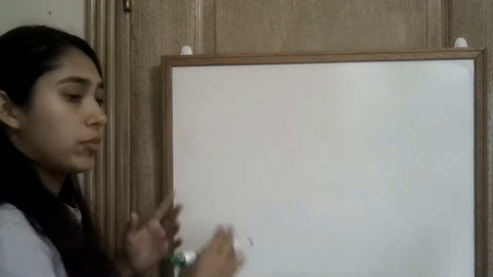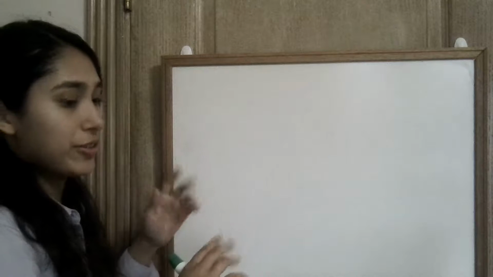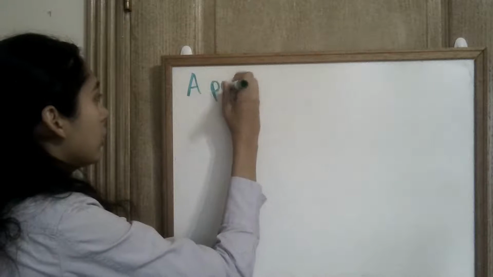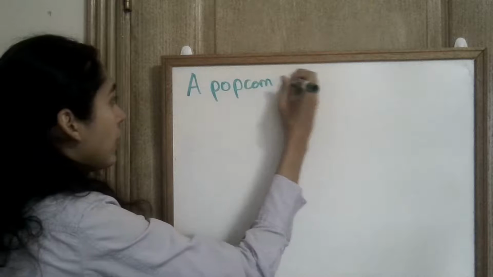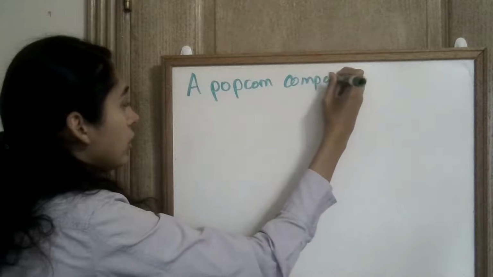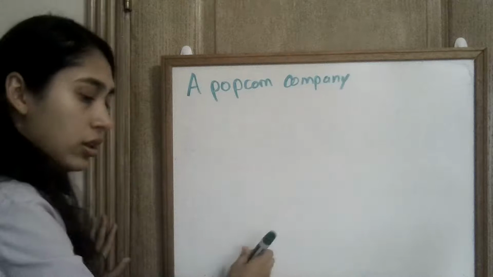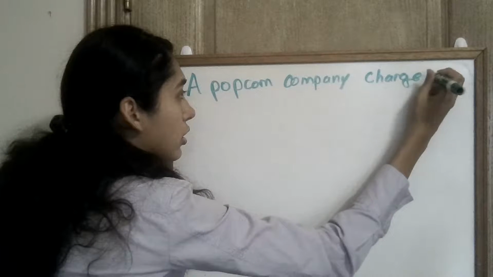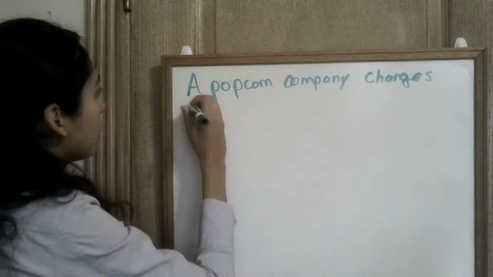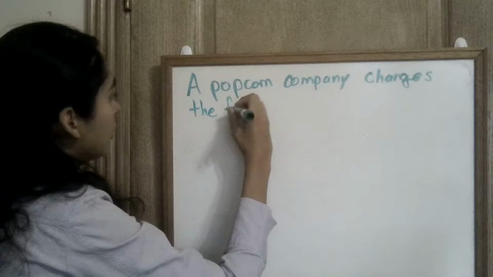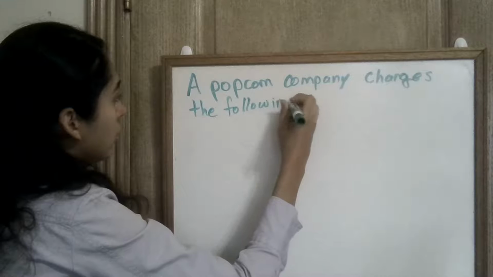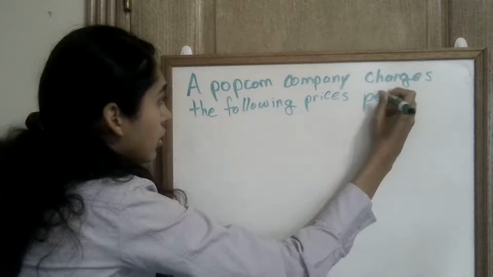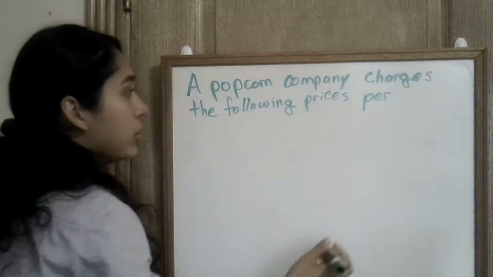So it's going to be one of those word problems where they give you like a bunch of extra information you don't need. So a popcorn company charges the following prices per